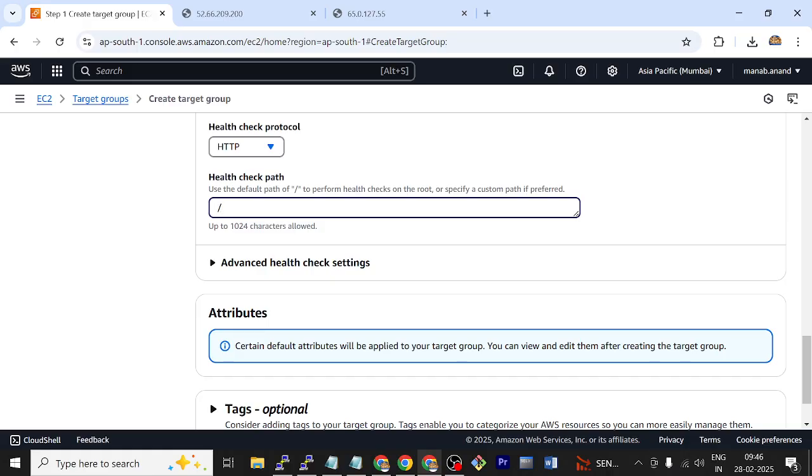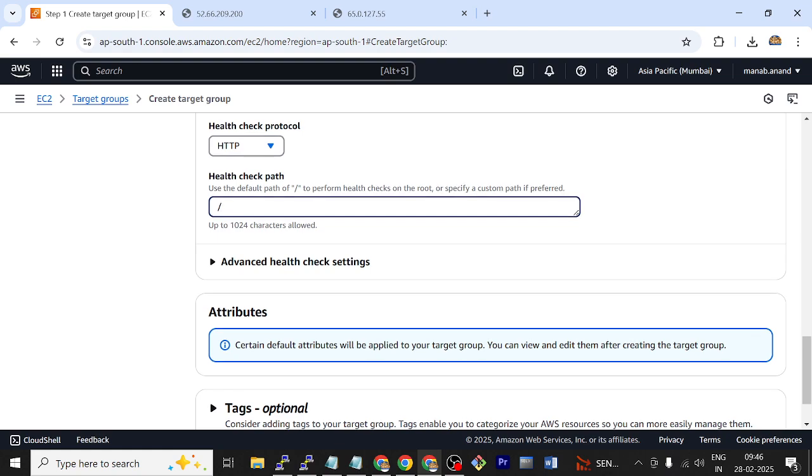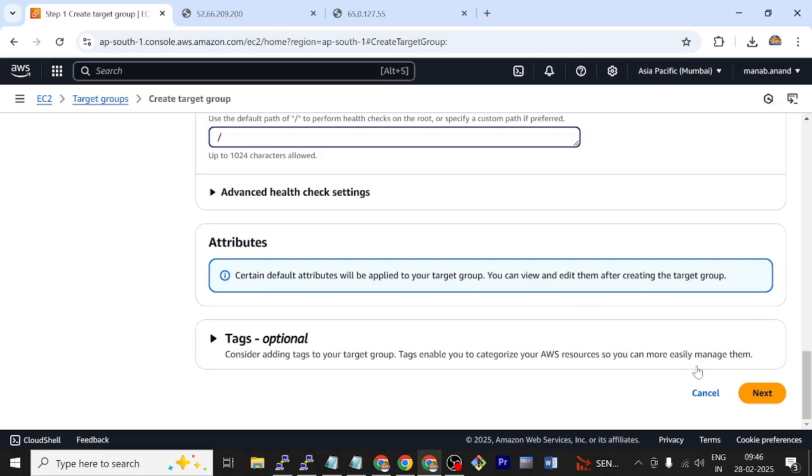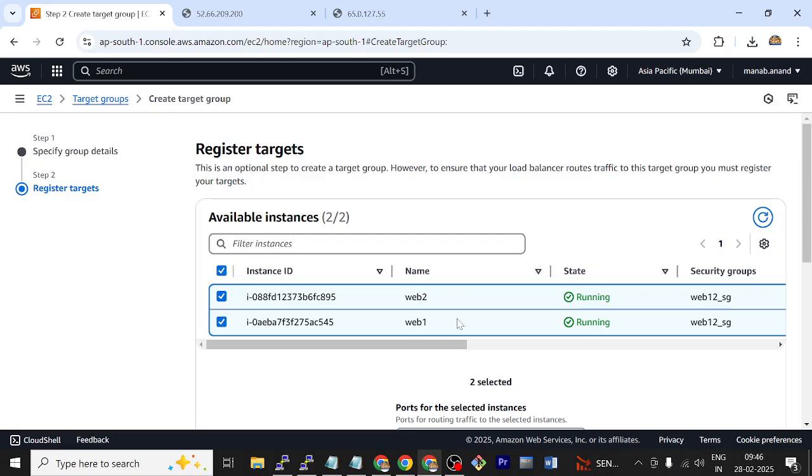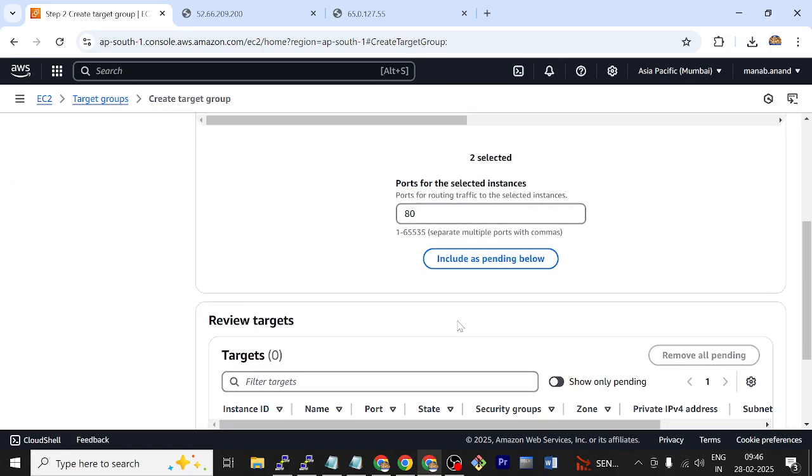If there are any issues, then it will show the issues. Nothing to do, I just click on next. Check it, it is showing web 1 and web 2. That is the available instance. I select both. Now